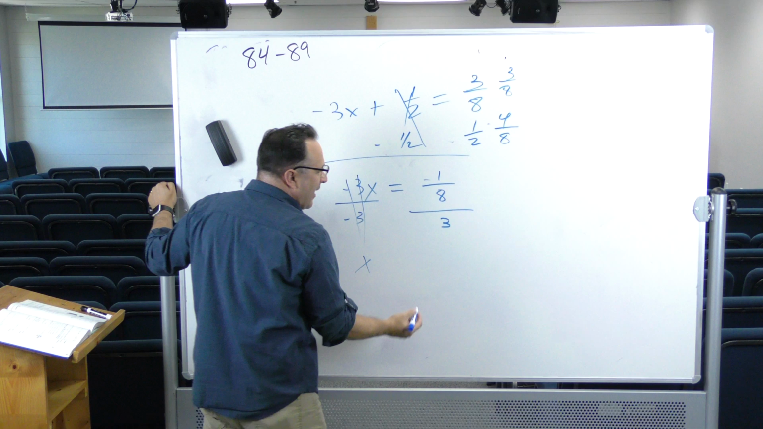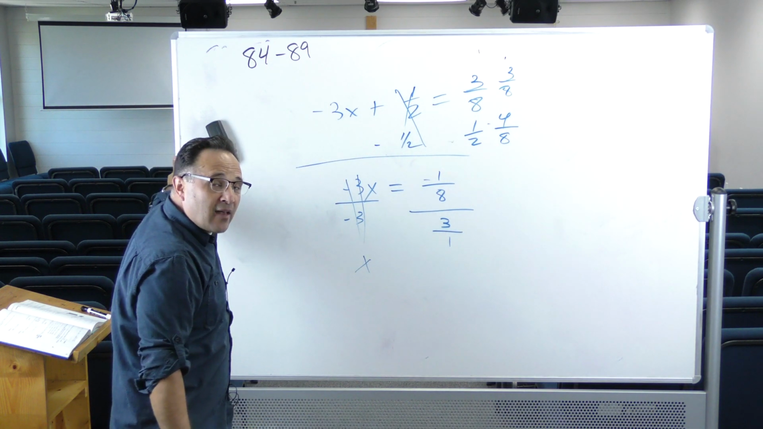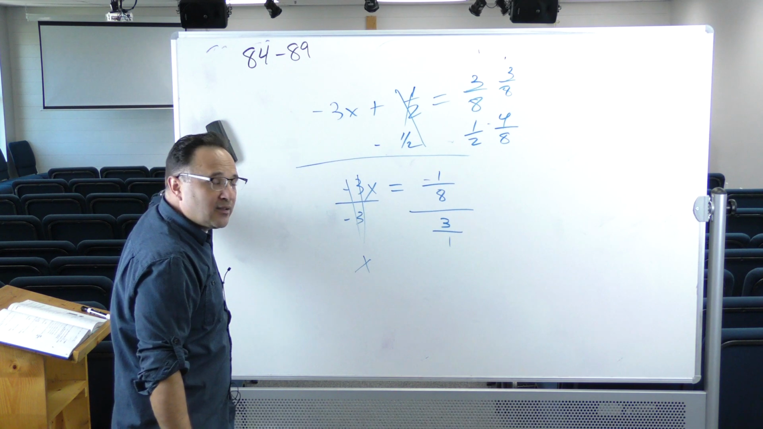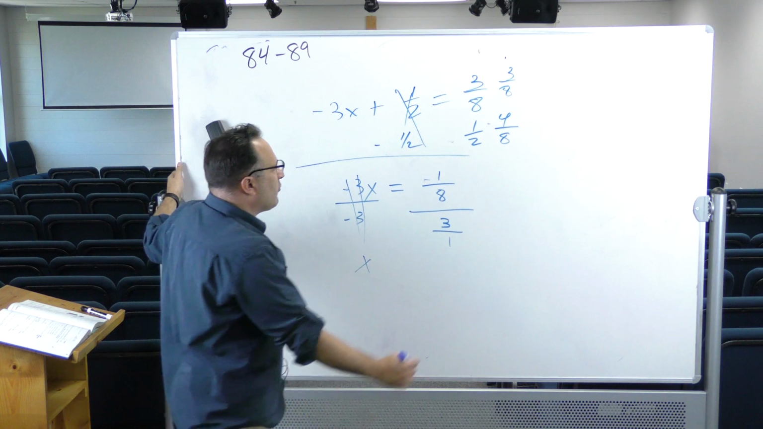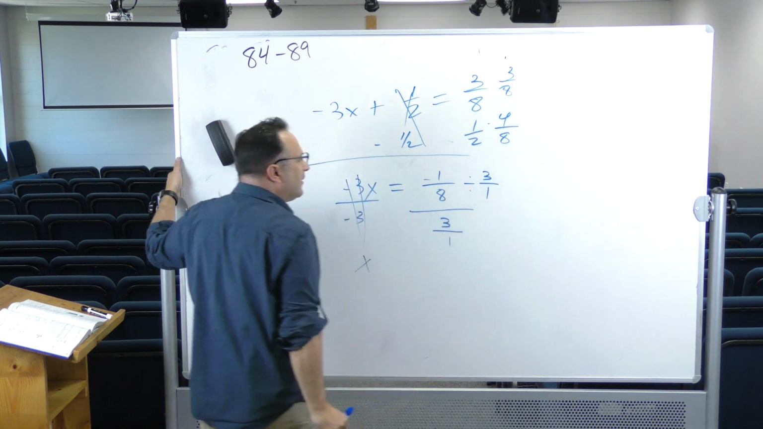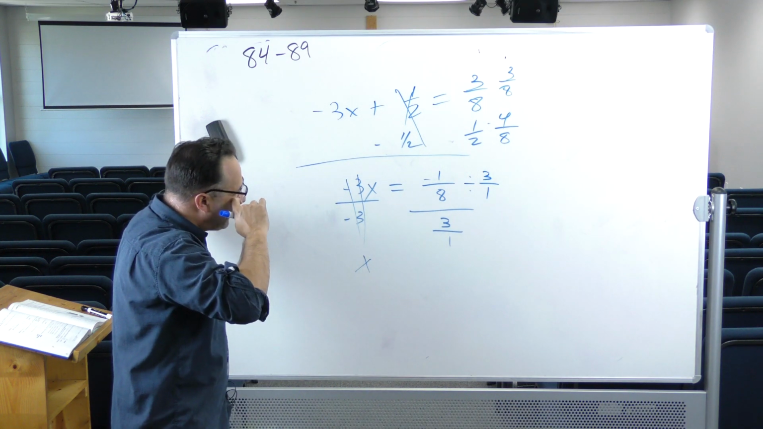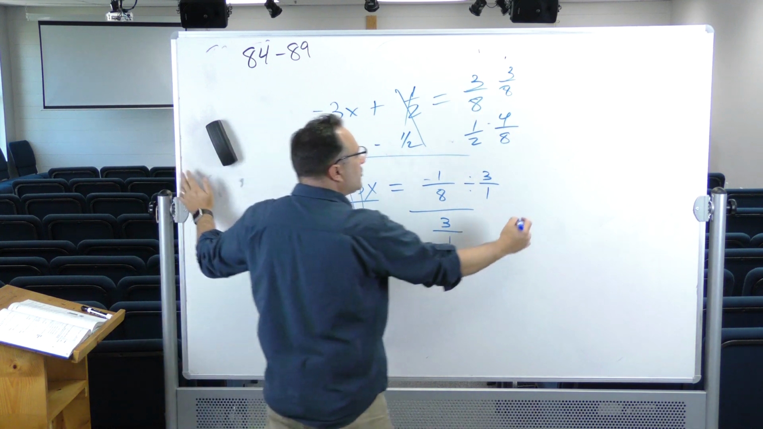I'm actually going to express this as 3 over 1 because any whole number can be expressed as a fraction over 1, because that's how all whole numbers work. So I can write it this way to see it more like we did a year or two ago in previous maths. So I have negative 1/8 divided by 3 over 1,